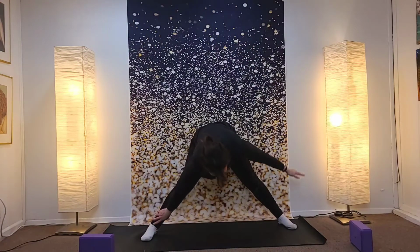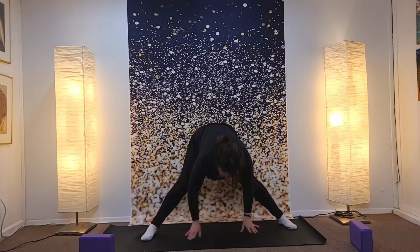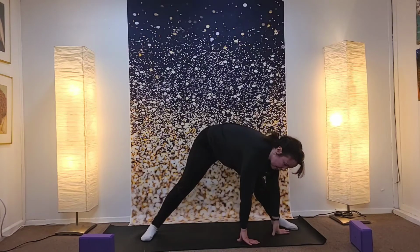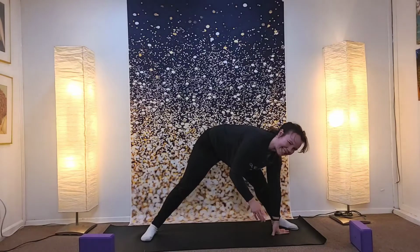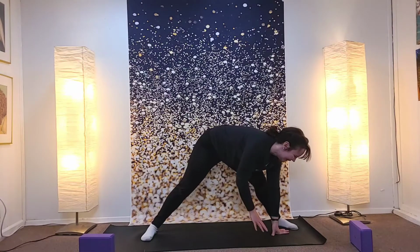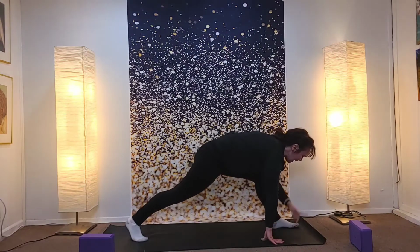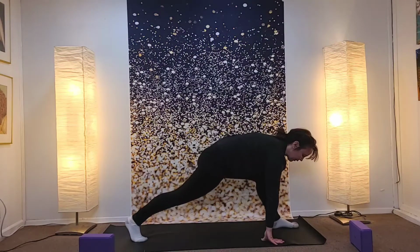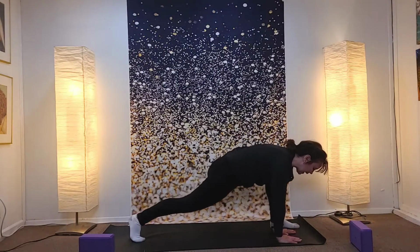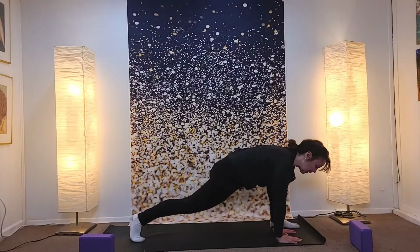Awesome. Great. Let's go ahead and walk our hands towards the opposite side of our mat now. So we're switching directions, and that might be tricky with your television set. So, sorry. Let's go ahead and face our left toes towards the front of the mat, and our right foot is pushing behind us. Both hands to the inside of that left foot, and we're going to do lizard pose